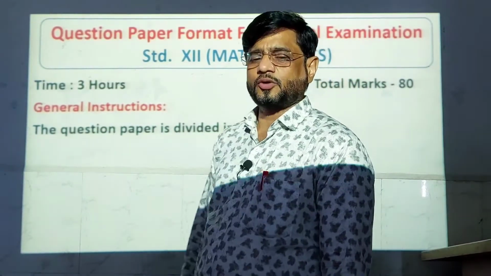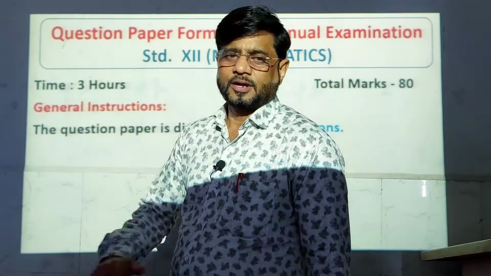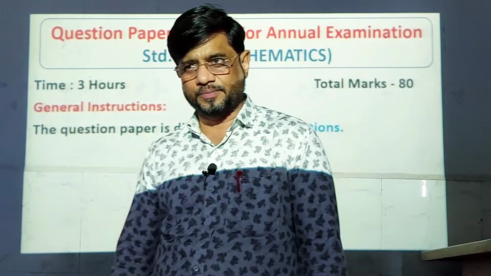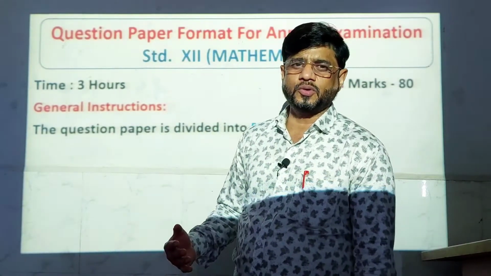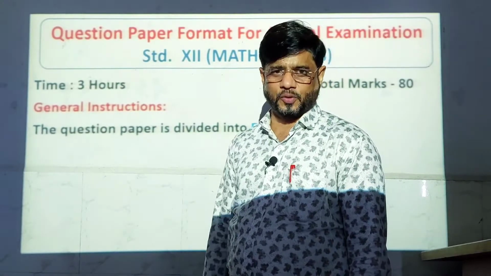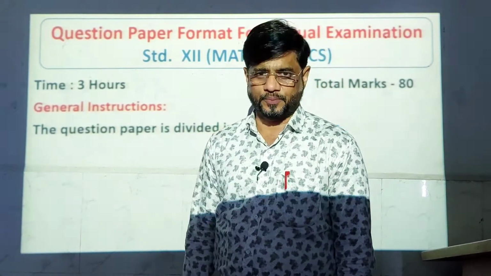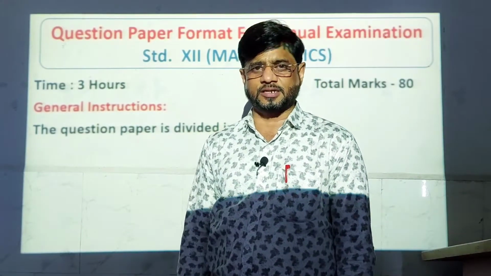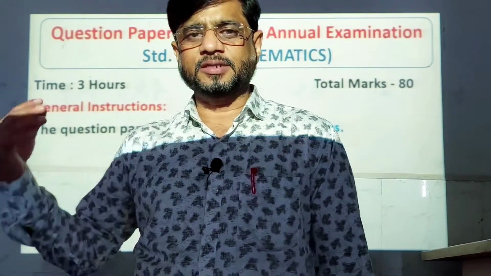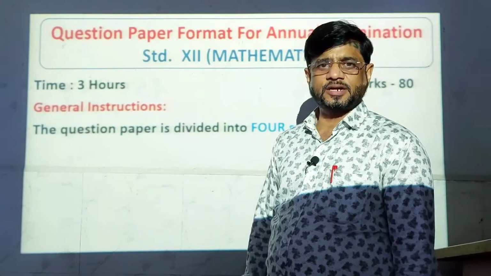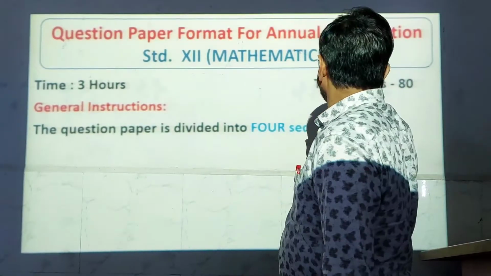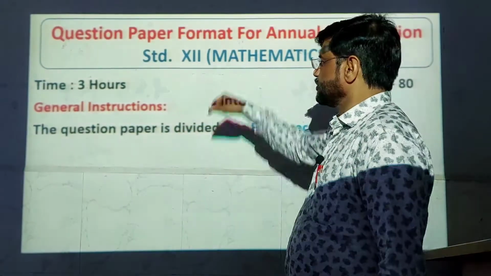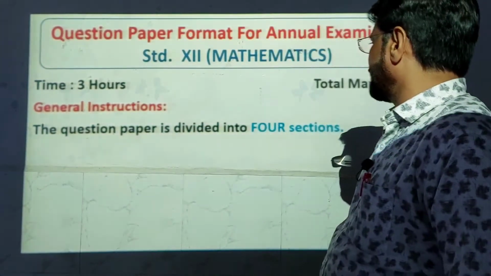The question paper for the practical exam has 4 questions, 2 from paper 1 and 2 from paper 2. You just have to attempt any 3 out of 4. Each question has 5 marks. If your practical journal, mathematical journal, is completed, then you will get 5 marks. That means 15 plus 5, total is 20, practicals have 20 and the theory part has 80 marks. 80 plus 20 is 100. Now the general instruction for this paper: the question paper is divided into 4 sections.